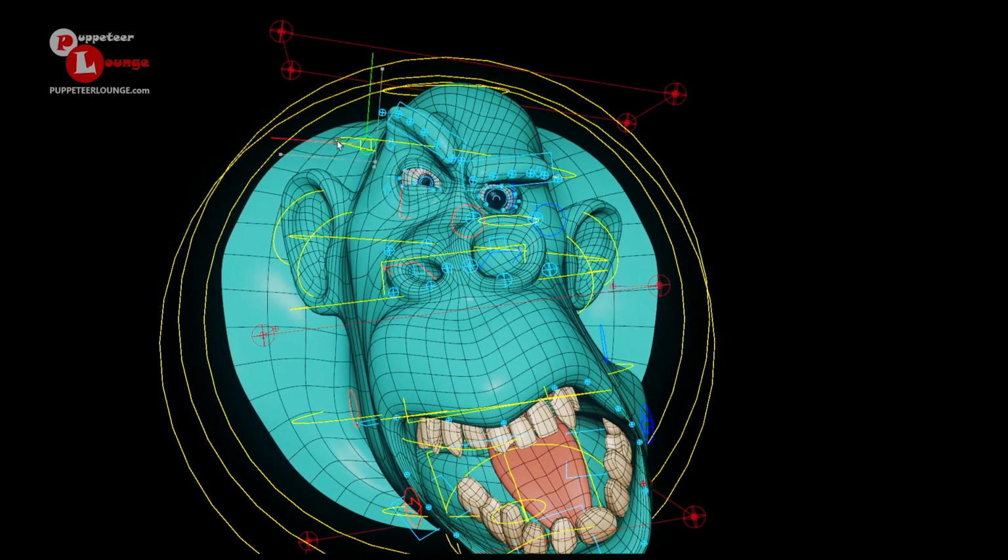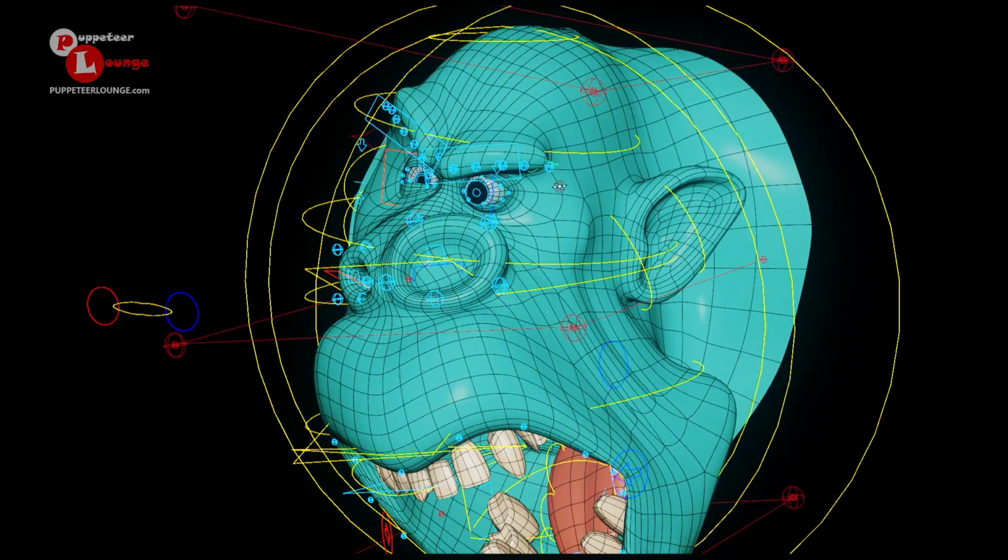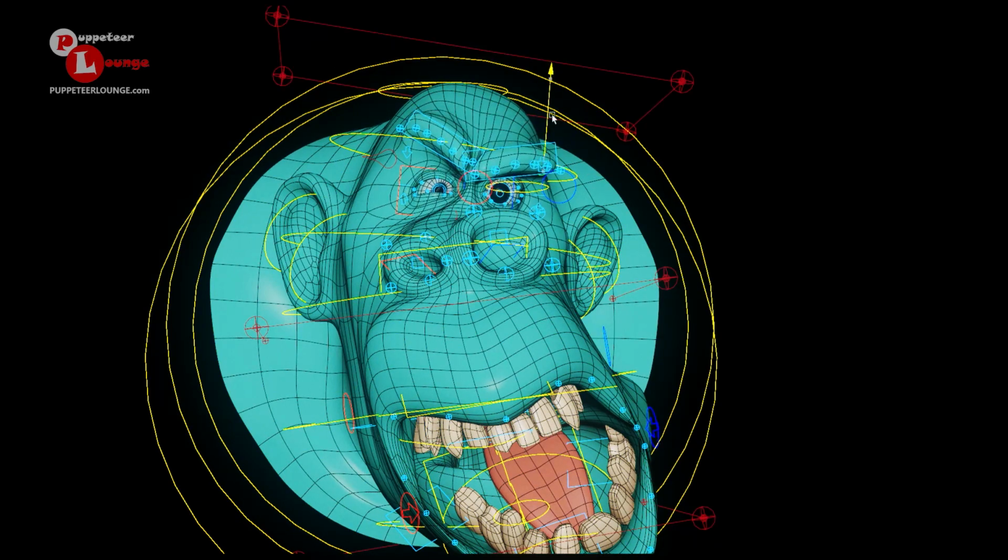You can see I can go ahead and move this to smear and distort this section of the eye. We can also scale it, we can also rotate it, and see how every controller is riding on top of each other, behaving pretty nicely. This one, on the other hand, you can smear that section as well, really creating the distortion that is needed and is essential for super cartoony animation.